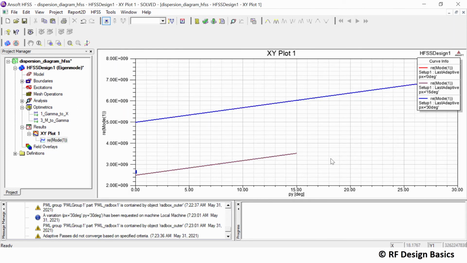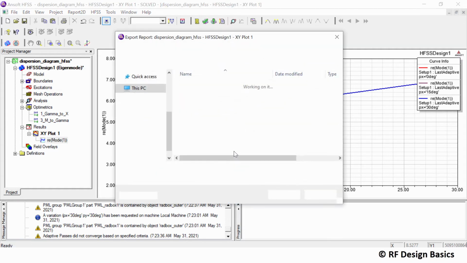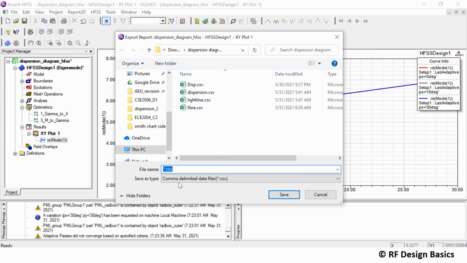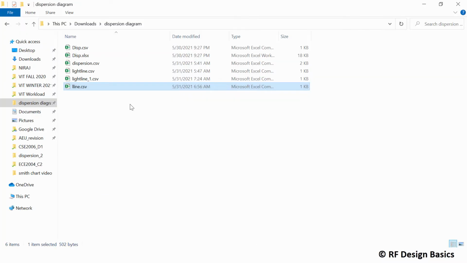Now after simulation, let us export the data. Same plot we can do and export the data and save it as light line 1 and open this.